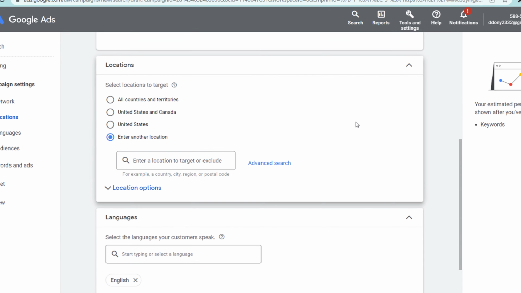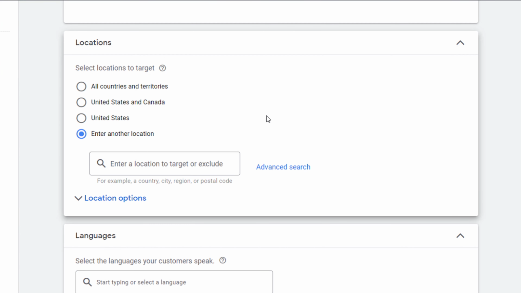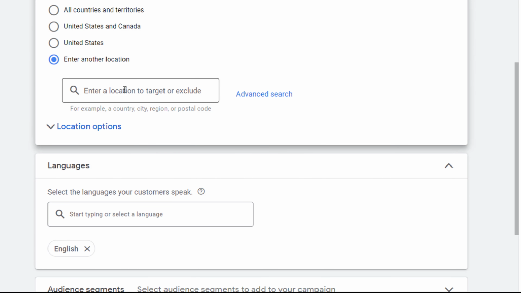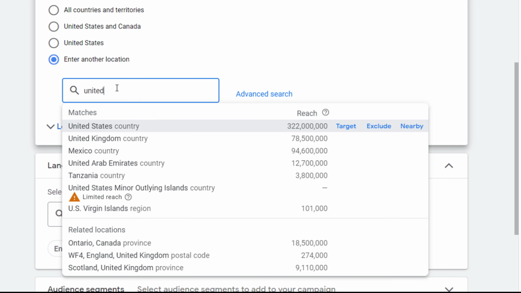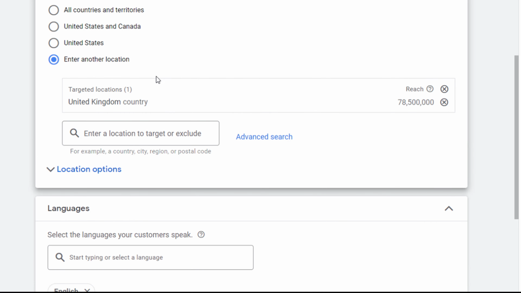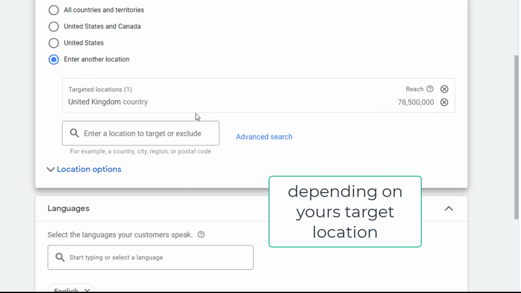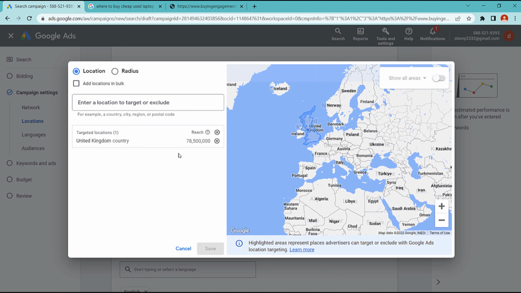Okay, we are now in the location settings. For the location setting, you can choose to enter another location. You can choose, for example, a country, city, region, or postal code. You choose a country, like United Kingdom, and in here you can see how much your ads can reach. Or you can choose advanced search in here.